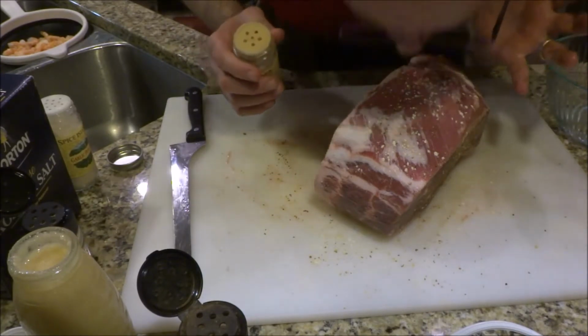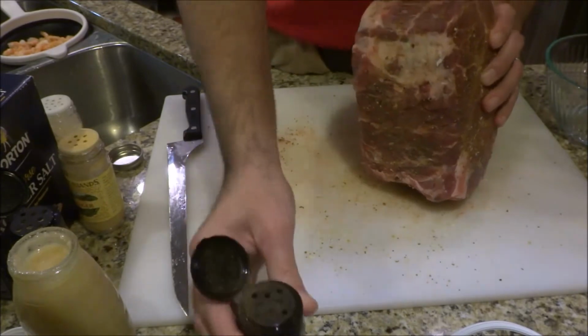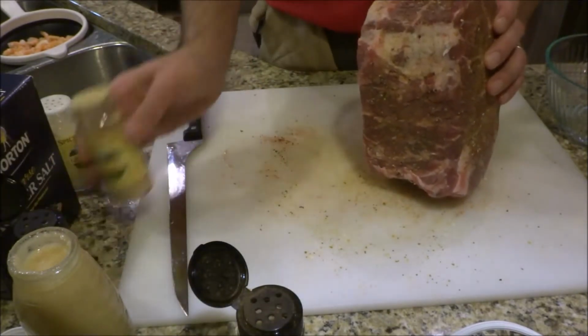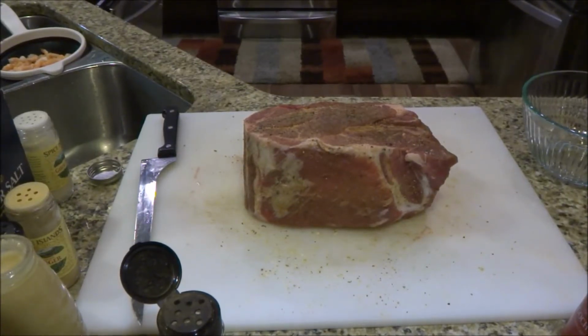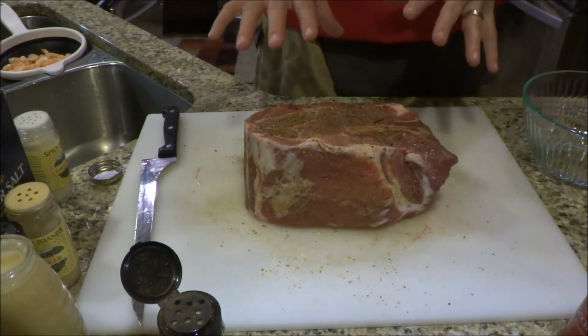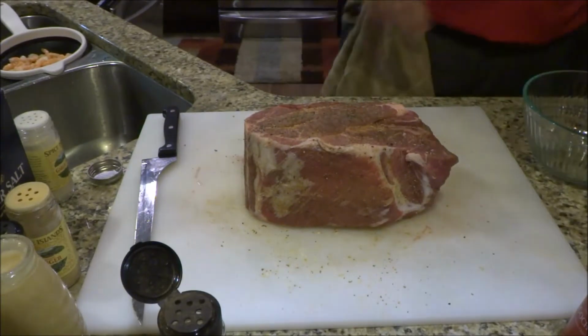I'm going to do the ends. I'm going to go backwards this time. Mustard. So now that I've got that, I'm sure that by itself would probably be pretty good for marinade, but I'm going to do, so I have some